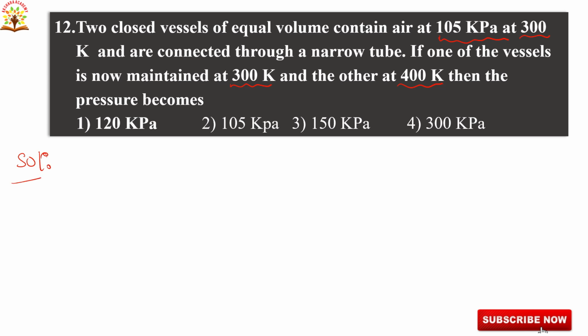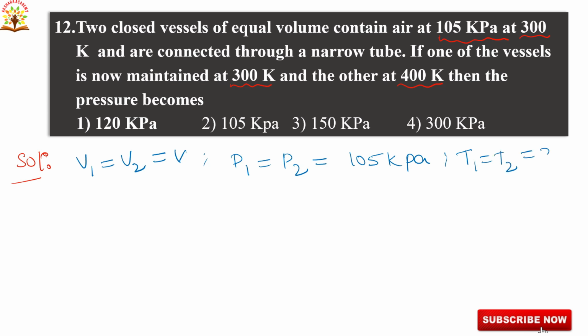Here given V1 is equal to V2 is equal to V, and P1 is equal to P2 is equal to 105 kilopascals, and T1 is equal to T2 is equal to 300 Kelvin, and T2 dash they gave as 400 Kelvin and T1 dash